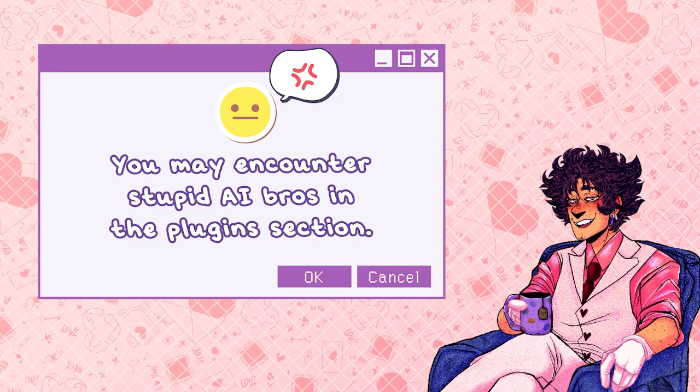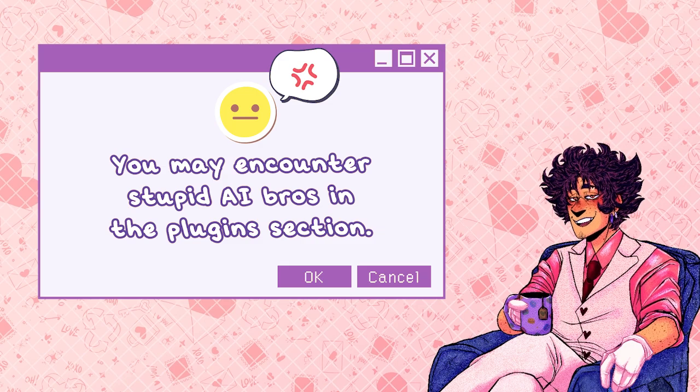I do want to note immediately that one of Obsidian's main and best functions has to do with the fact that it allows community creations, plugins specifically. Unfortunately, there are idiots out there who have added little AI plugins that can be downloaded and messed with by anyone. I have never, and I will never, support AI art.